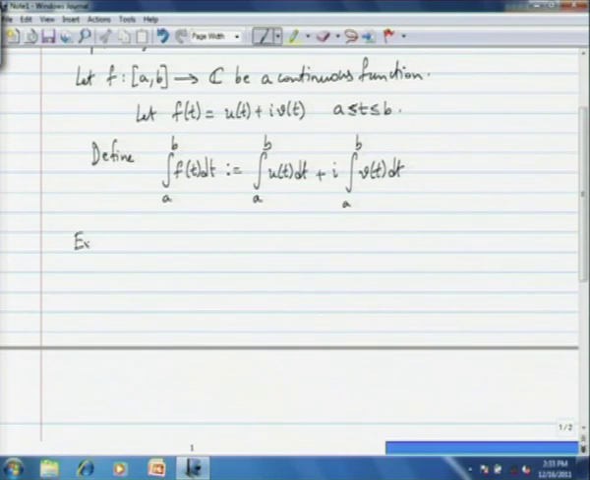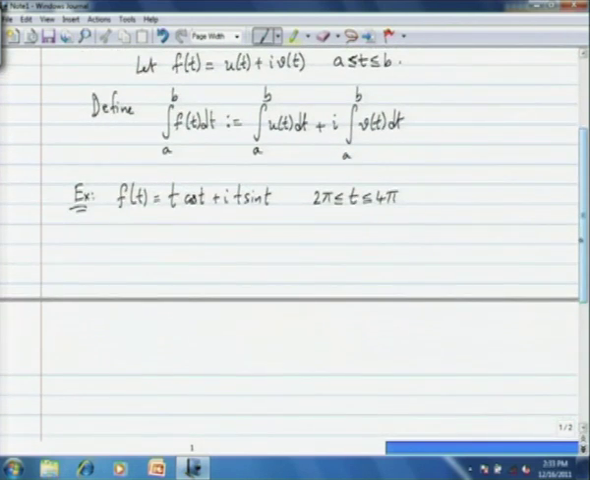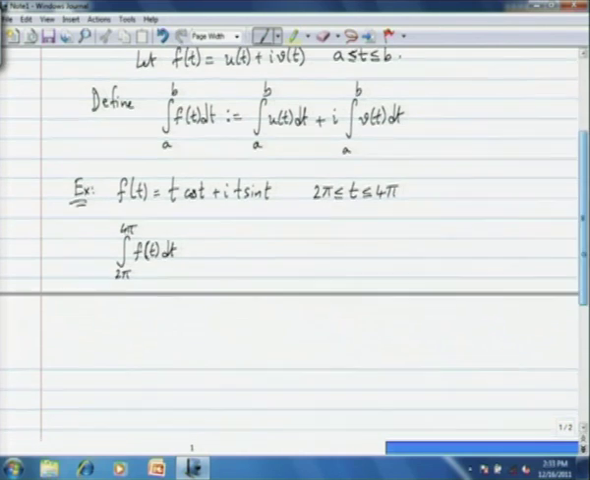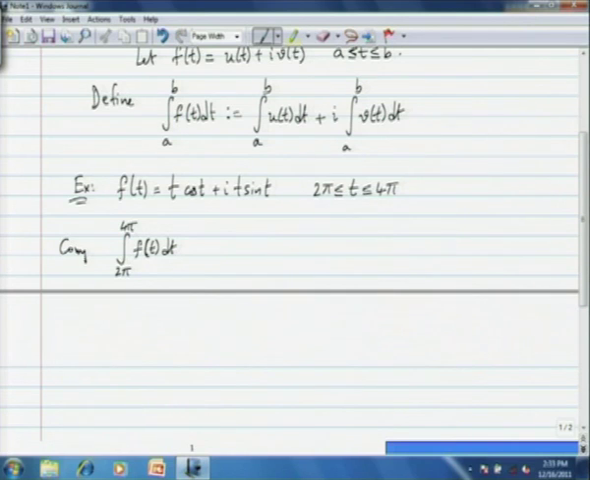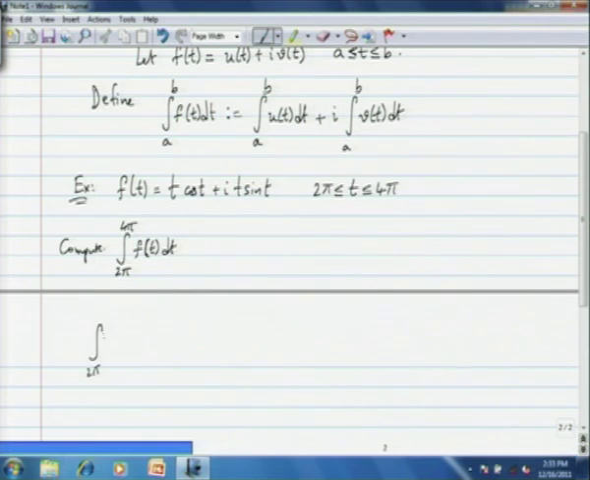And let us see some quick simple minded examples. So, consider f of t equals t cosine t plus i times t sine t, okay, and t ranges, let us say, between 2 pi and 4 pi. Okay. So, then let us calculate the integral from 2 pi to 4 pi of f of t dt. Okay. And so, compute this. So, this integral by definition